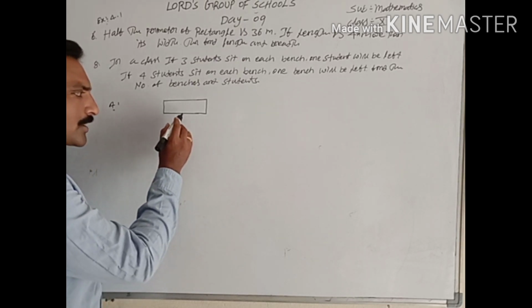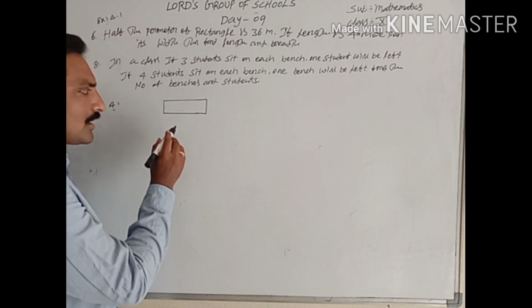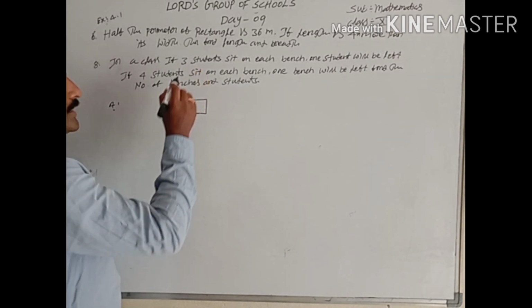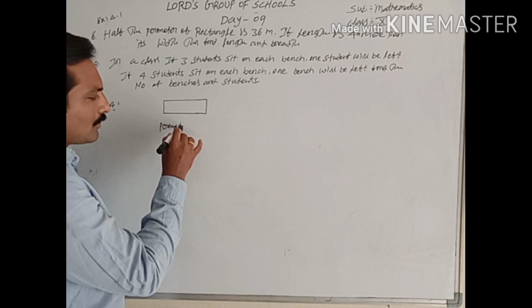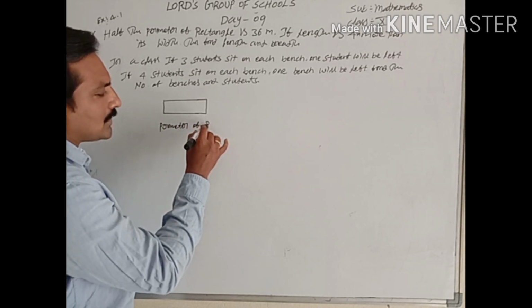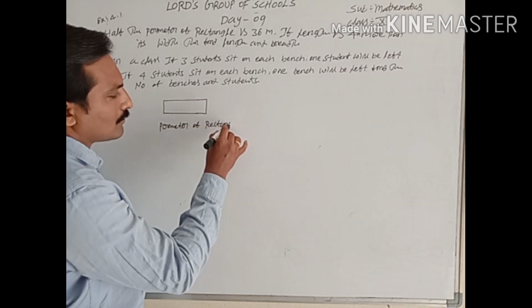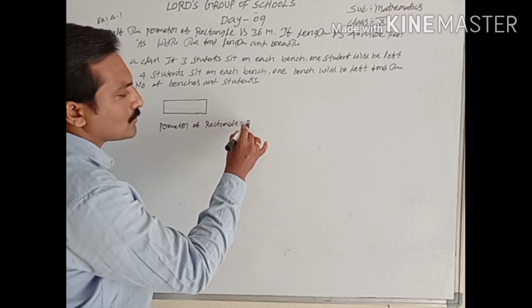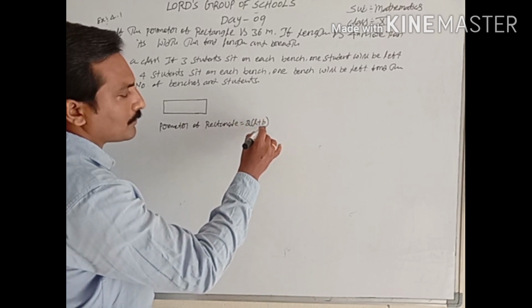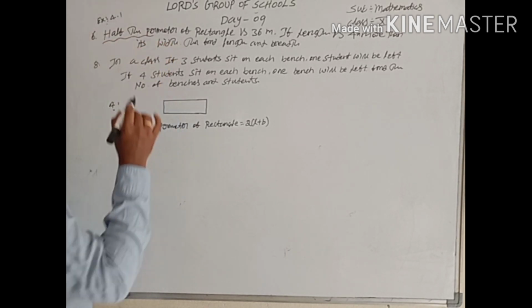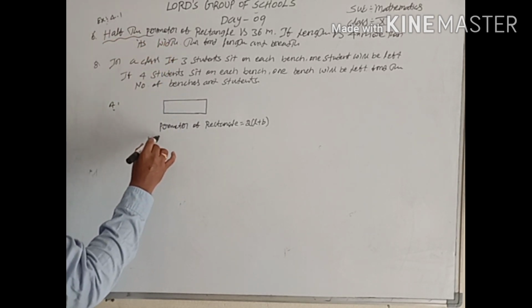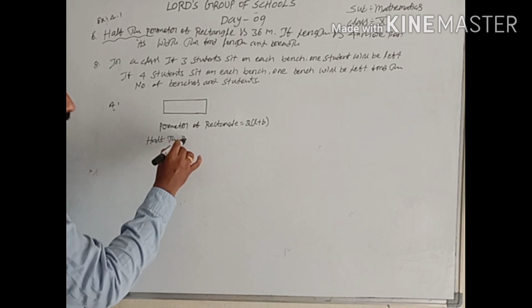First of all, in this figure you have to write the perimeter of the rectangle. The formula is 2(L + B). But here, in the given question, the perimeter of the rectangle